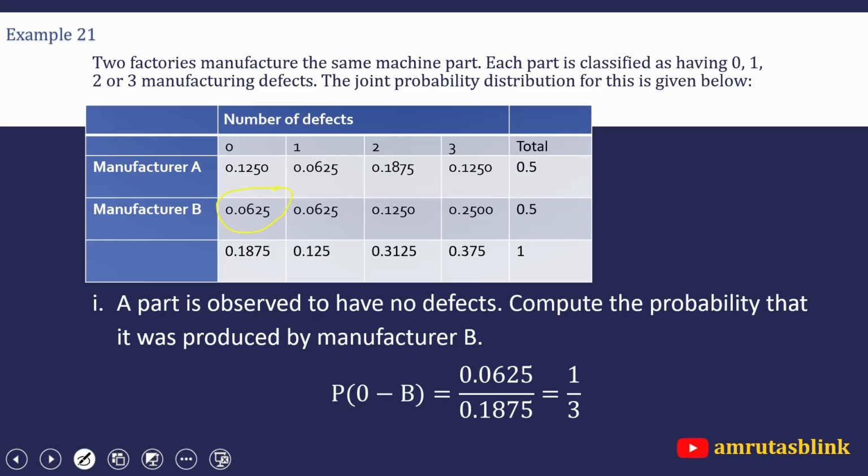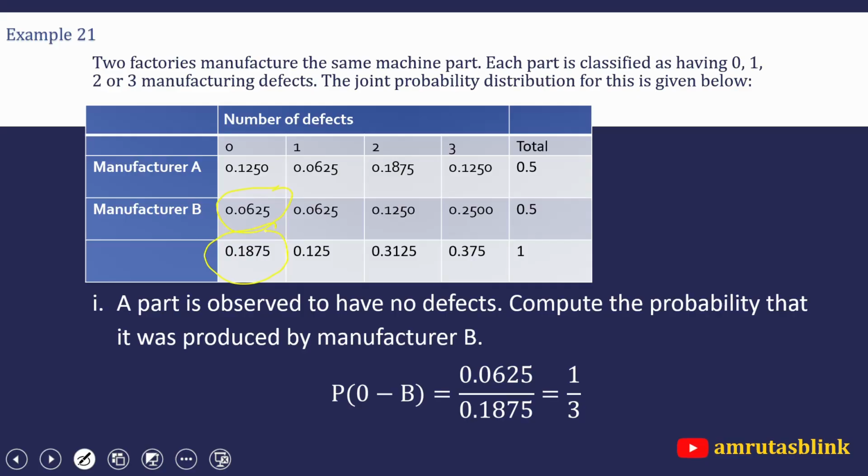And what is the total probability of having 0 defects, that is 0.1875. Hence probability of 0 defects by manufacturer B is equal to 0.0625 upon 0.1875, which is equal to